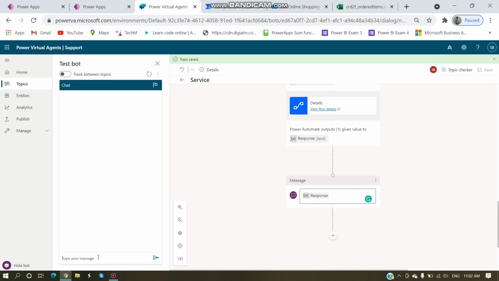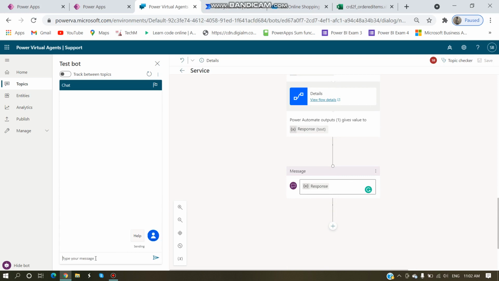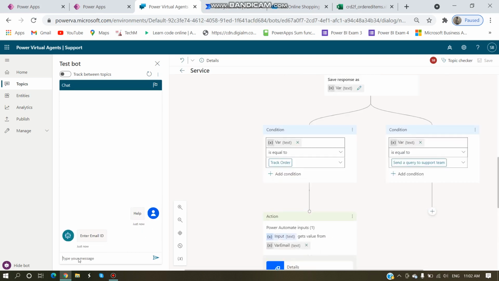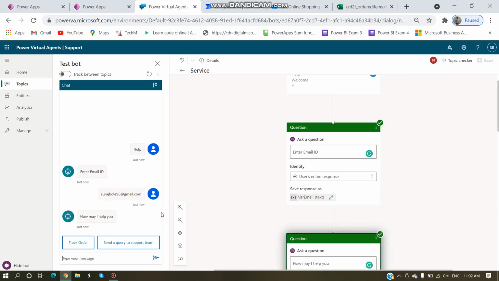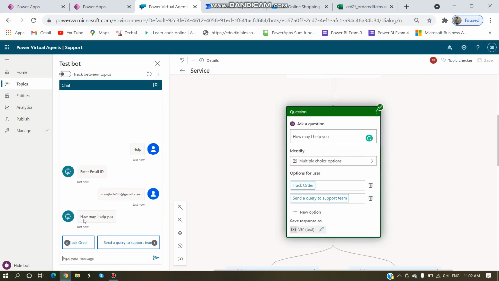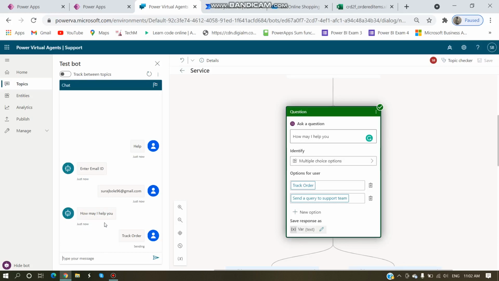So here is the option of test bot. When we say help as a trigger, it will ask to tell me your email ID. When we enter the gmail.com address, it will fetch all the details. First it will ask how may I help you, as I passed a question there. So when we say track order,